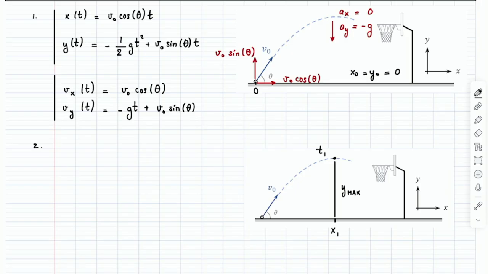Okay. Now, very important to realize, in kinematics, if you know time, if you knew t1, for instance, it would be very easy to get x1 and y max. You would get x1 by plugging t1 into this equation, and then you would get y max by plugging t1 into this equation. That is what these equations do. If you feed them time, they tell you x location and y location. That's what we want. So the idea is that if I knew time, I could solve the question.